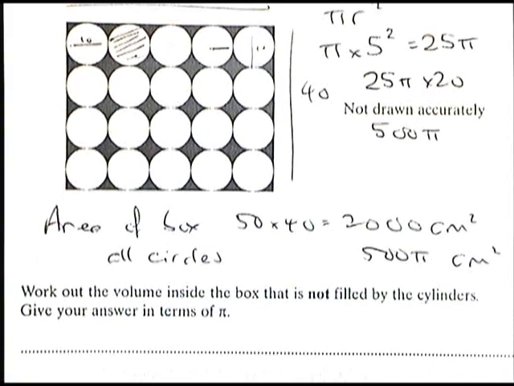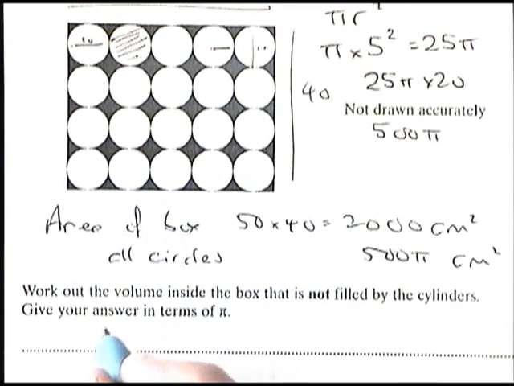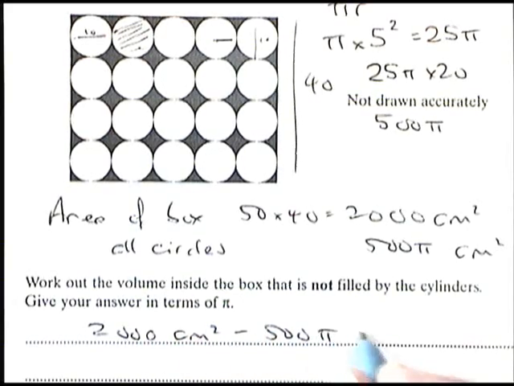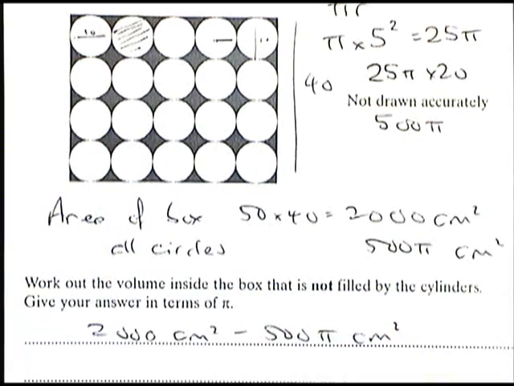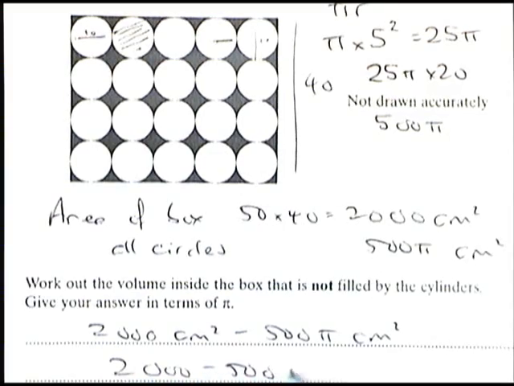So if we have those two areas, the difference between those is all the black area. So if I do my 2,000 centimeters squared, take away my 500 pi centimeters squared, that is equal to all the black area there. Now, it says I've got to leave my answers in terms of pi, so I'll have that as 2,000, take away 500 pi